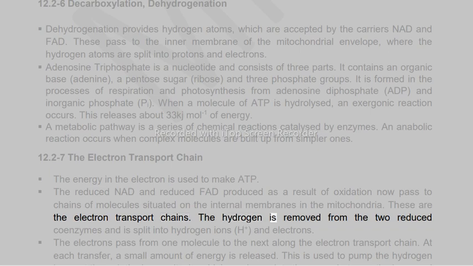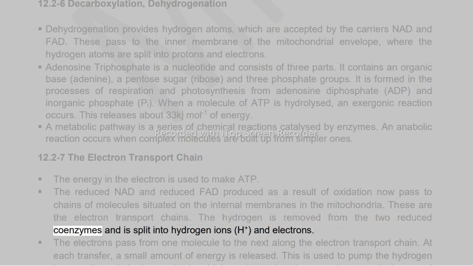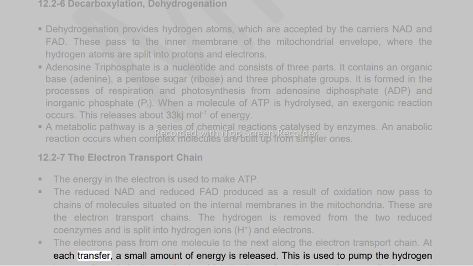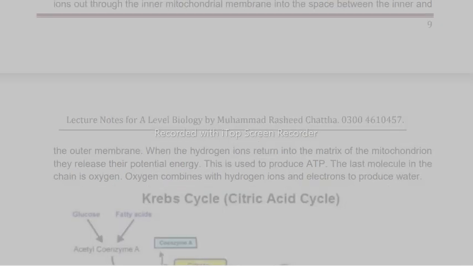The hydrogen is removed from the two reduced coenzymes and is split into hydrogen ions, H+, and electrons. The electrons pass from one molecule to the next along the electron transport chain. At each transfer, a small amount of energy is released. This is used to pump the hydrogen ions out through the inner mitochondrial membrane into the space between the inner and